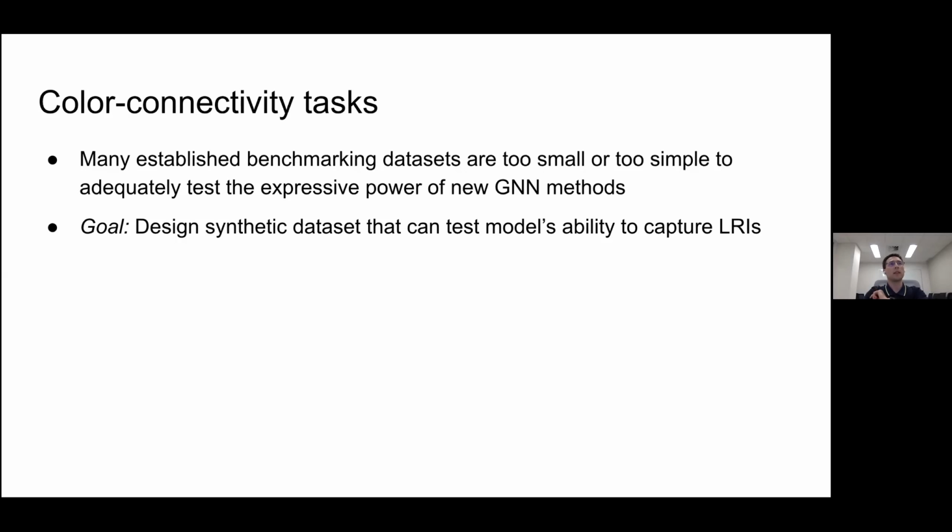So in summary, we're seeing that a lot of these benchmarks are either too small or too simple, or maybe too complex, so that we can't really isolate the property of testing the ability of the models to capture the long-range interactions. So we decided also to design a synthetic data set that would focus specifically on that and not be plagued by other difficulties